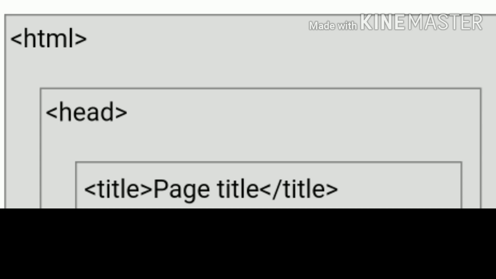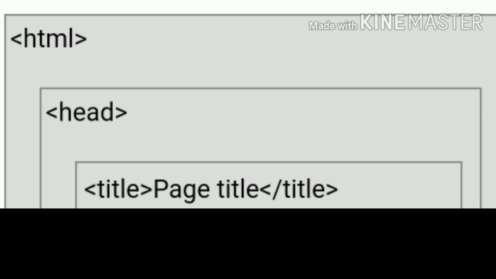Next, after the head tag you have a body tag. In the body tag, the whole body is one other tag. That is the body tag. You have the opening body tag and the closing body tag. In between them you have different tags that we have discussed: h1, h2, h3, similarly heading tags, paragraph tags, image tags, any tags you want to display, and you can write code on these tags.